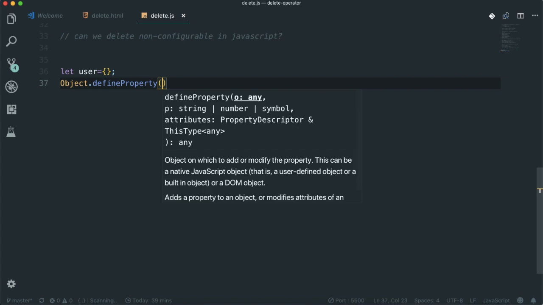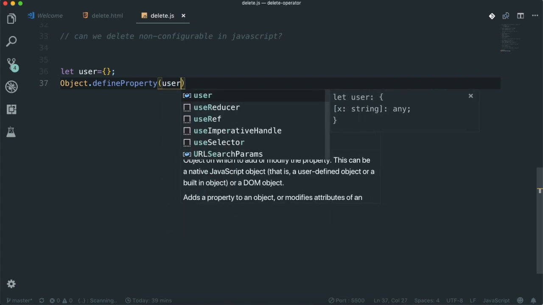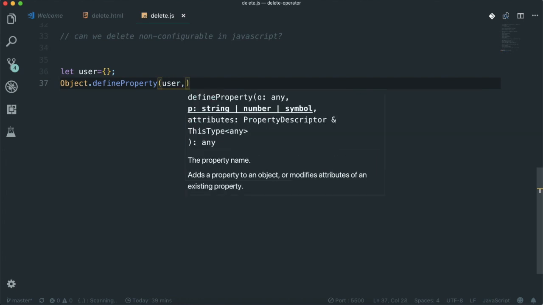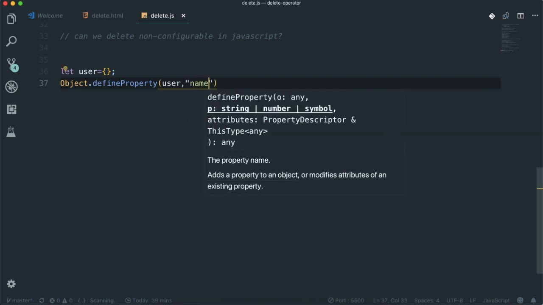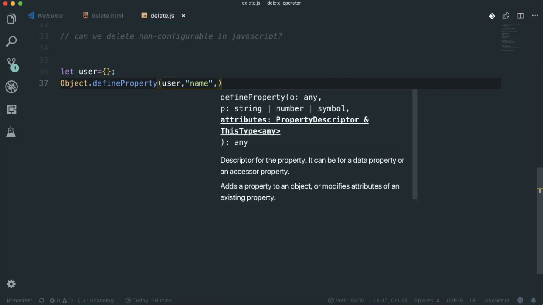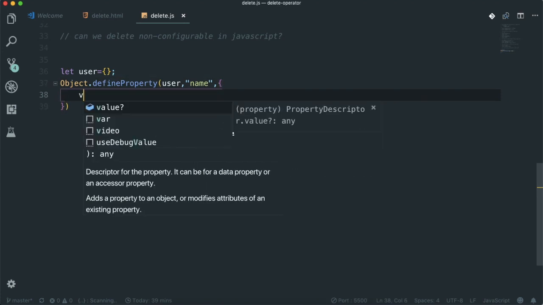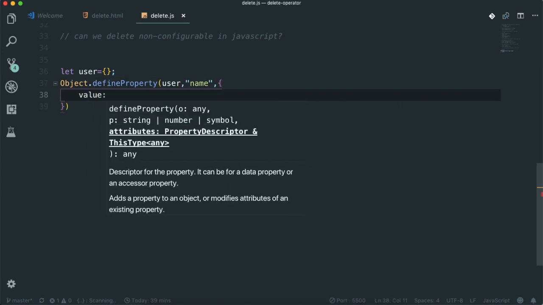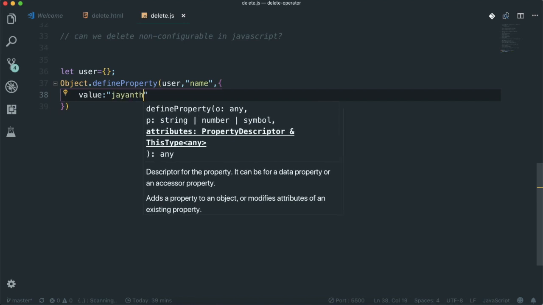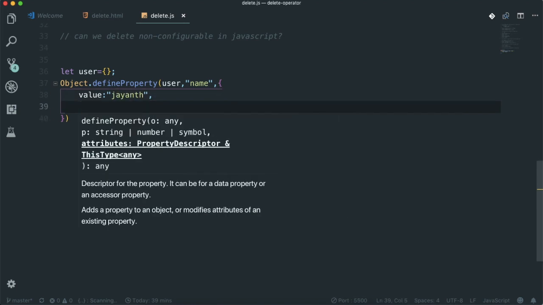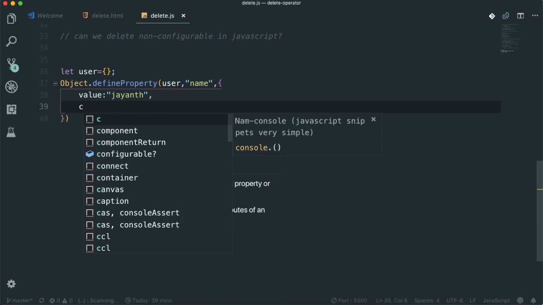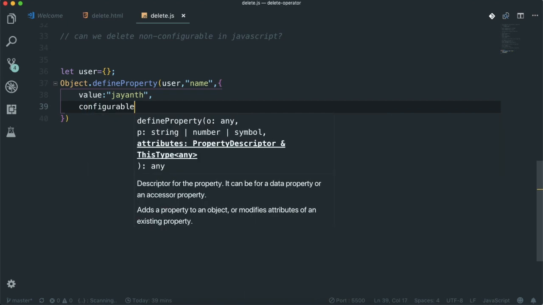Object.defineProperty. Here, what object you want to declare, the user object, and what key you want to give, name, and now what value you want to pass. Value is Jayanth, and you need to set configurable to false.